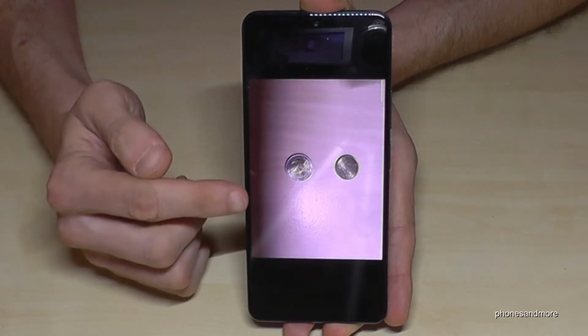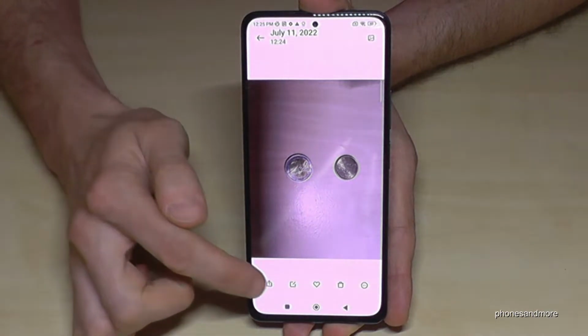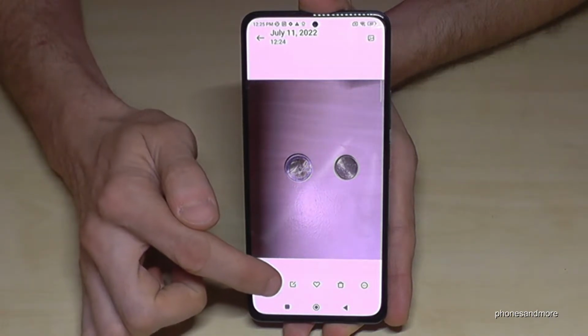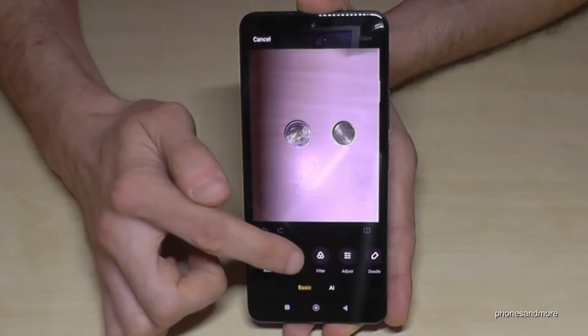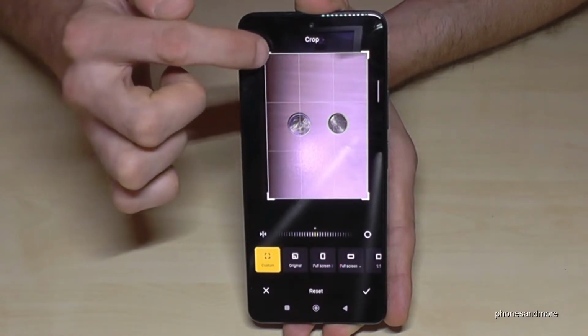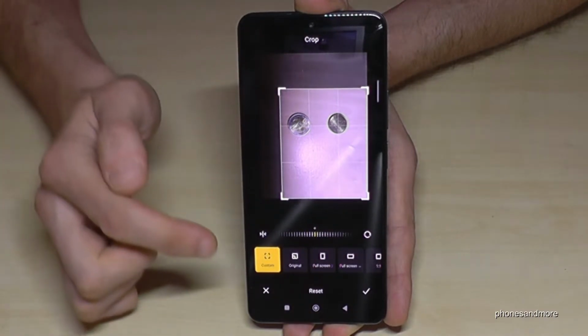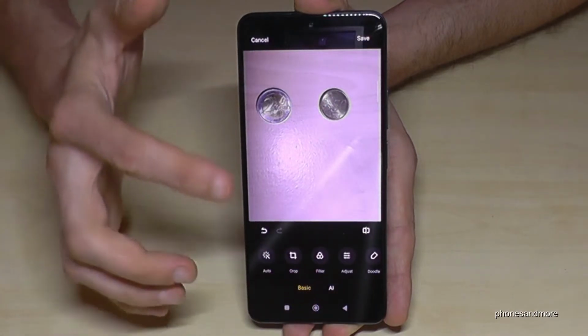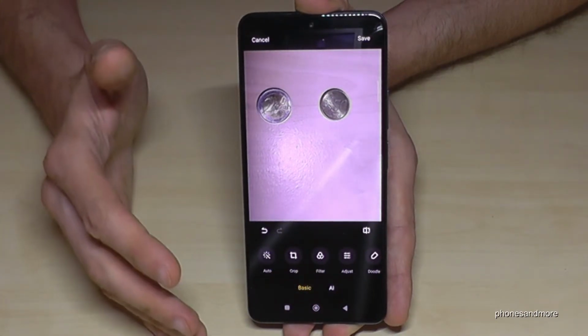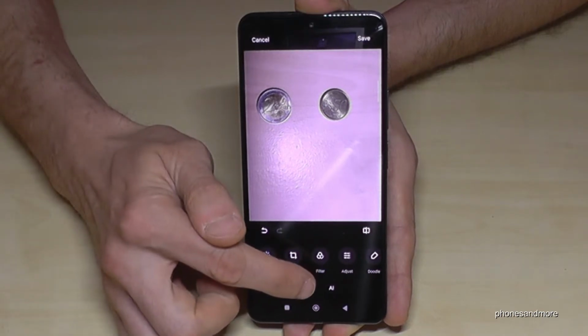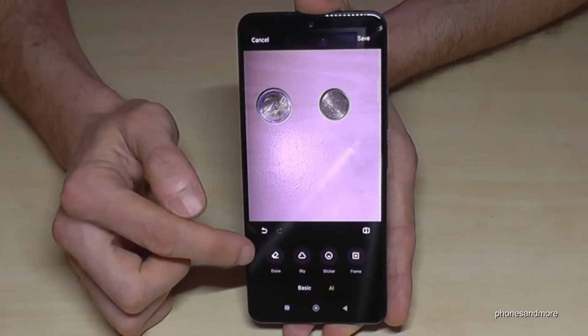So now this is my picture with the coins here, and if I tap again, I will have some options, like to edit here, the screenshot with the paper and with the pen in it. Okay, maybe I can crop a part of it first, remove the shadows a bit with that, and go on the checkbox to confirm, and now we have just this part here. Okay, I want to show you how to erase objects. You can do that with AI. Go here on erase,